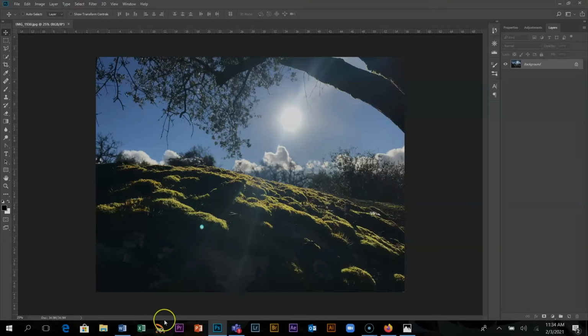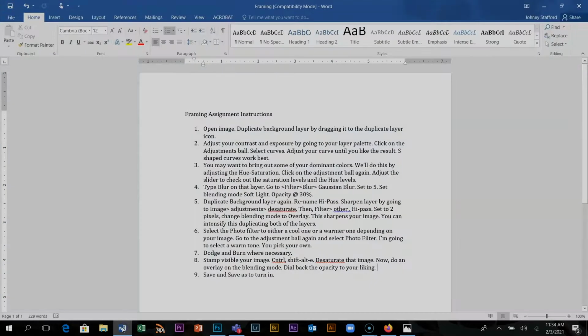Okay, here we go. As usual, I have created for you a how-to. All right, so framing assignment instructions. So first of all, it says to open the image. And by the way, before we even do that,